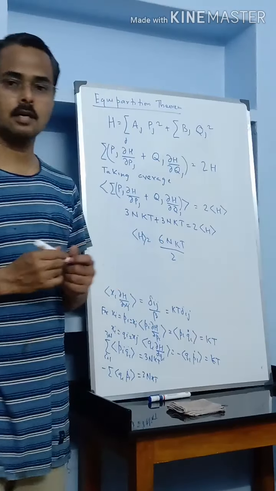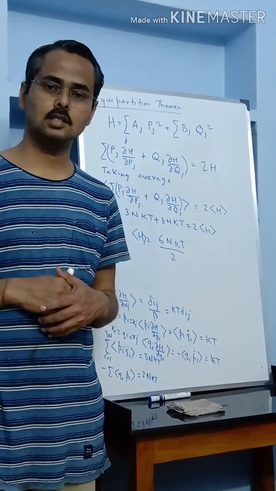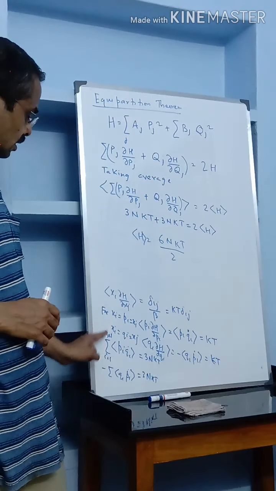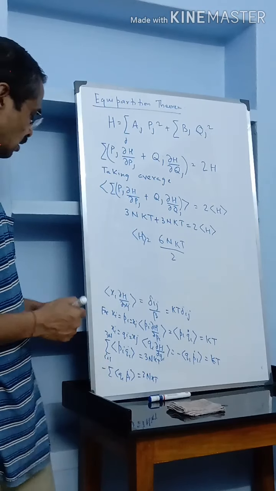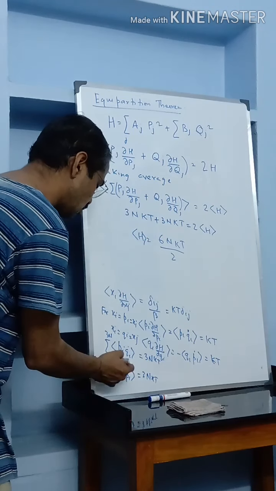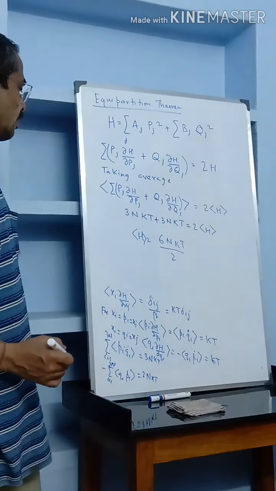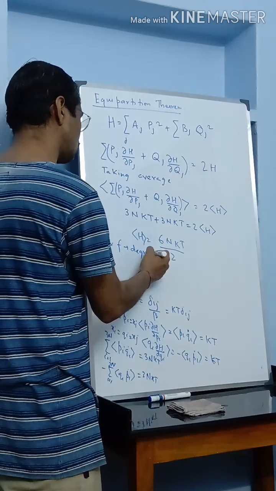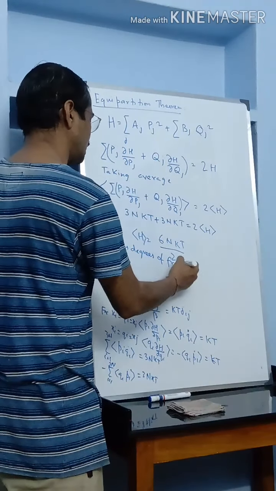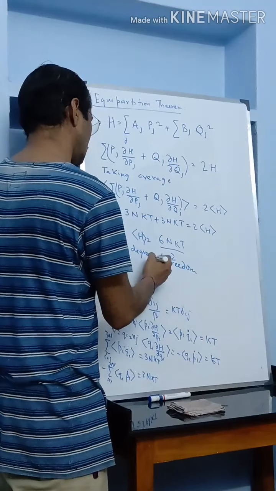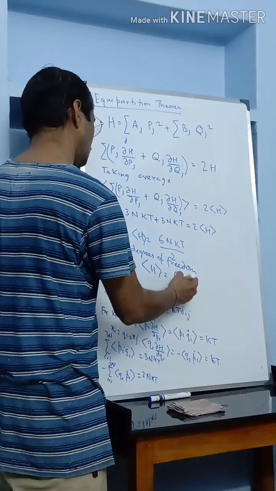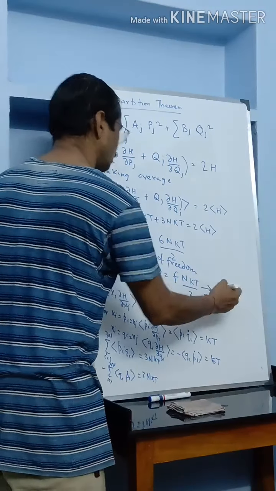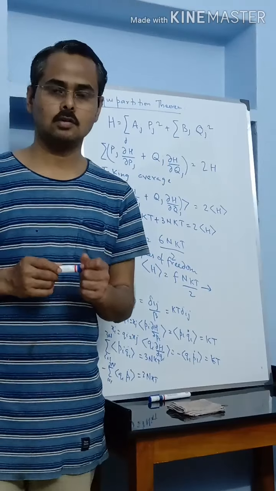Since the number of degrees of freedom in this particular case was taken as 3N, we have taken the summation from i equal to 1 to 3N. And if there are f degrees of freedom, in general, we can always write the average of H to be equal to fN kT by 2,